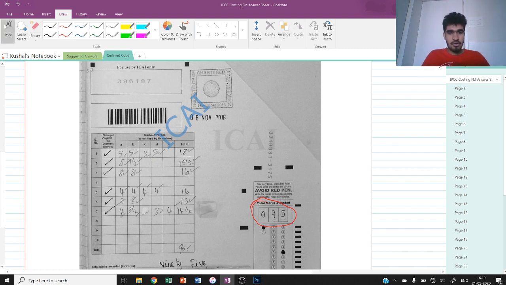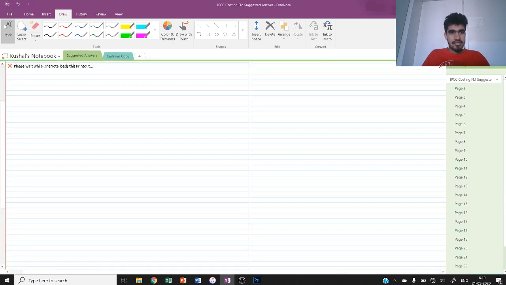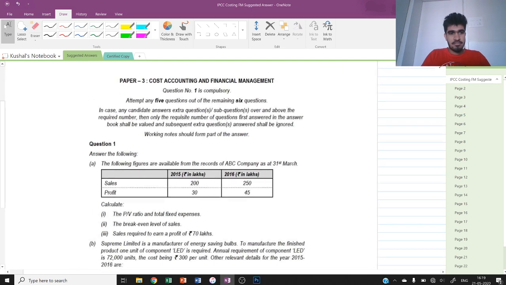Okay, let's discuss all the questions which I have solved, namely 1, 2, 3, 5, 6, 7. 6 and 7, I think, are the theoretical questions, and the first 5 are the practical questions. Let's see which questions I solved first and which I solved next in order to score the maximum marks which I gained. Okay, let's begin with question number 1.